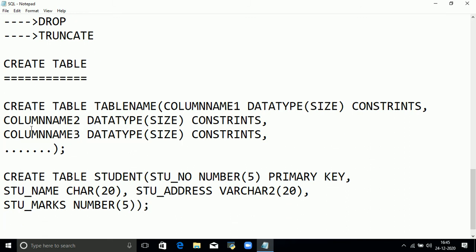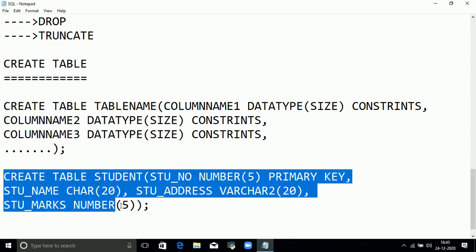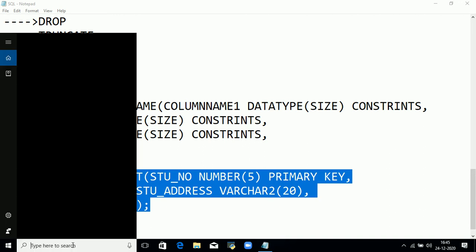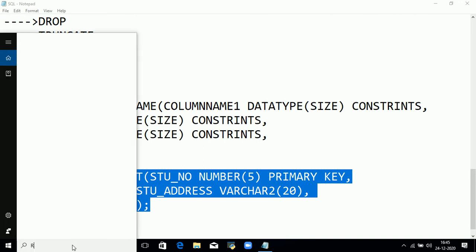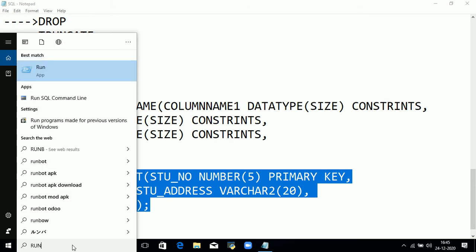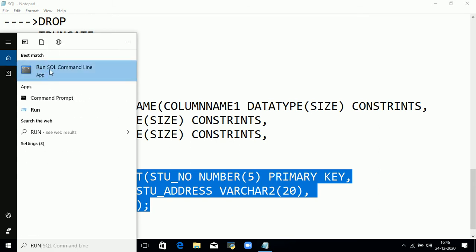Give the semicolon. So let us execute this command in Oracle software. You have already downloaded and installed the Oracle software on your computer. I am opening the SQL environment. Just click on run, then run SQL command line. This is the command prompt.